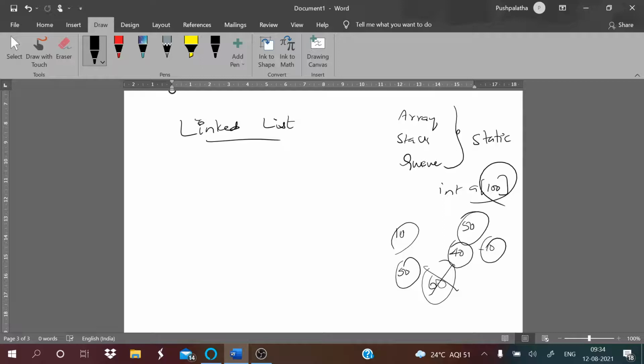So to overcome this disadvantage and to add more space, we use the linked list. Even if you are reserving more space, it is a waste of space, and if you are using less space, again it creates a problem. So they came up with a linked list.